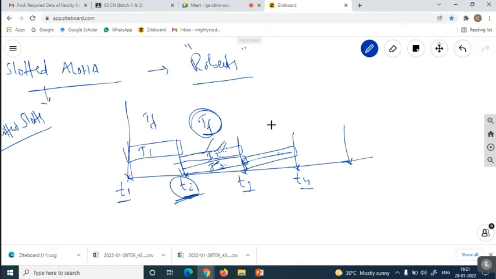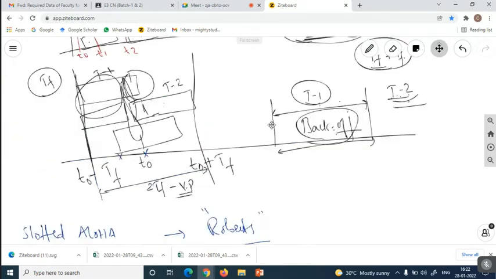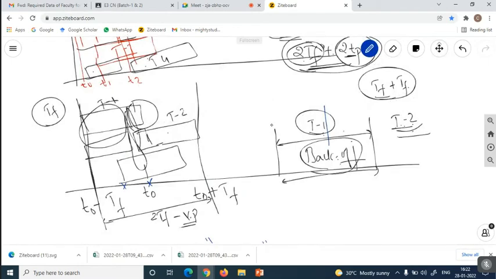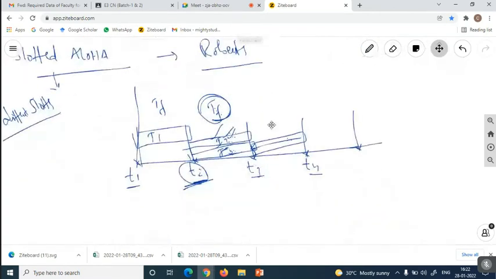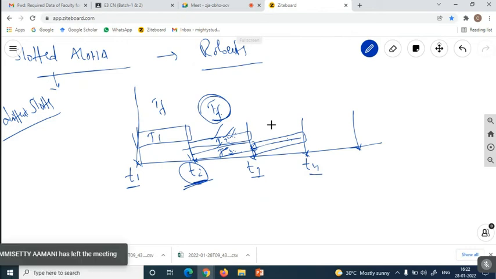So T3 has to wait only TF. That means there is no extra vulnerable period for this. The vulnerable period for each and every frame is only TF itself. Why? Because the other frame is also waiting only the period of TF. But what is the vulnerable period of slotted Aloha? What is the vulnerable period of slotted Aloha? 2 TF. Yes, it is equal to the 2 TF value. But here, every frame, even though it is in collision with a frame of another terminal device, is waiting only the TF value.